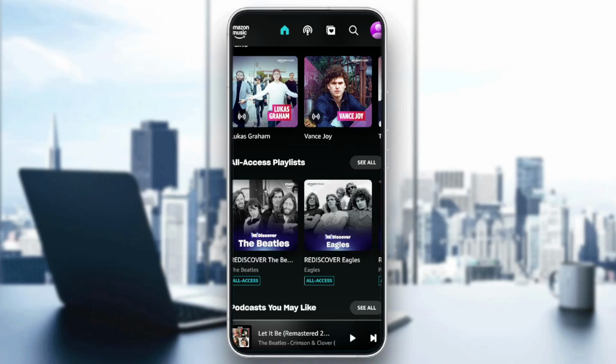Tap any playlist to start listening, then identify the Ultra HD content elsewhere. As you browse albums and songs, look for the Ultra HD badge. It usually appears next to the song or album